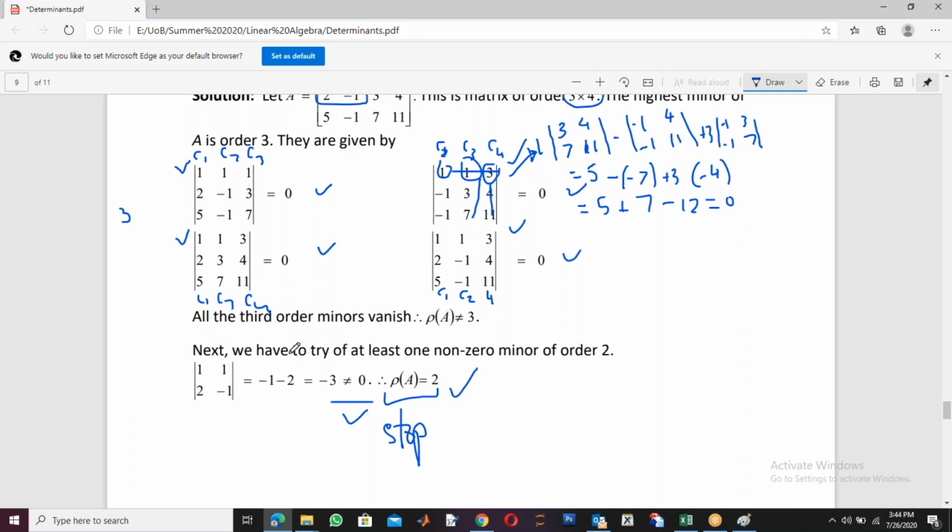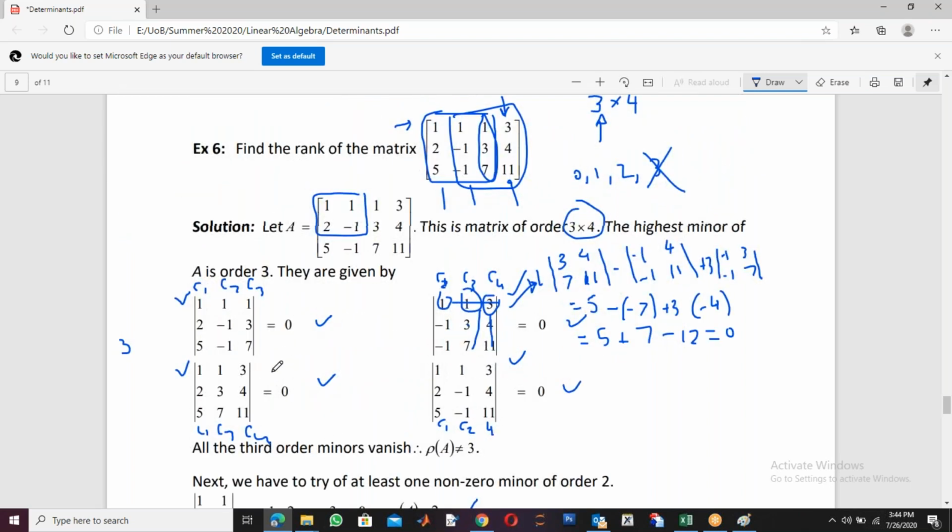Okay. So this is one way of finding the rank of the matrix. The other way was using the echelon form. So whatever is easy for you, but you should know both the methods, how to find the rank of the matrix. We will use this rank of a matrix in solving the system of equations as well. So that's why this is a little important.